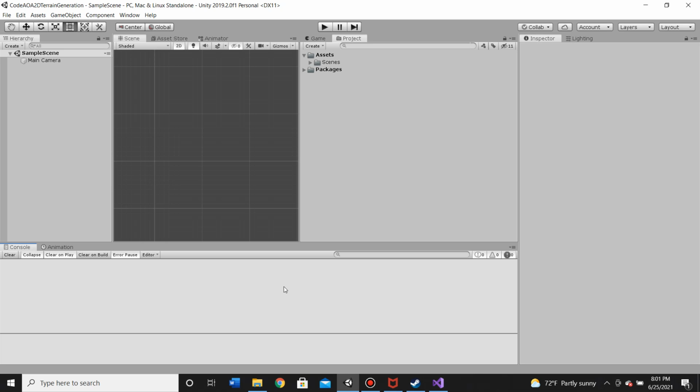Hey everybody, thanks for joining for a Unity tutorial. In this video, I'm going to be going over 2D terrain generation. So this is going to be like a blocky kind of terrain, and I'm going to do it slightly different,